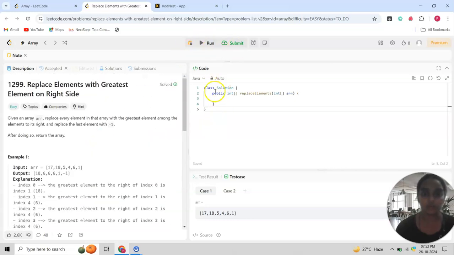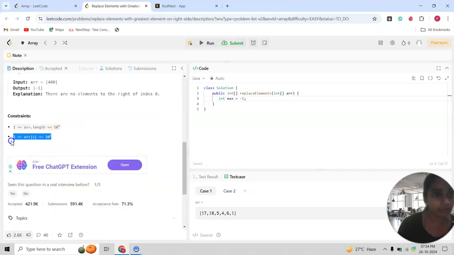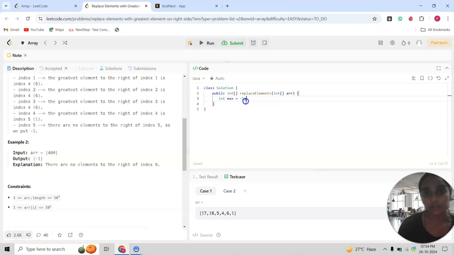Now with the boilerplate code. First of all, we need a particular number which will store the maximum value, so int max equals -1. Why put -1? Because I read the constraints carefully, and the constraints say an array contains numbers between 1 and 10 to the power 5. It means we can also put max equal to 0, but for practice I am just using -1. So it will hold